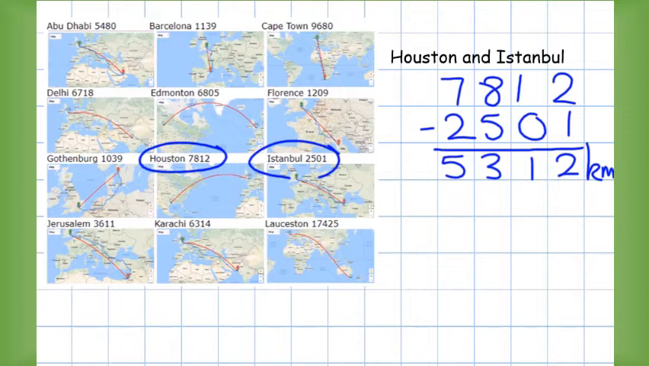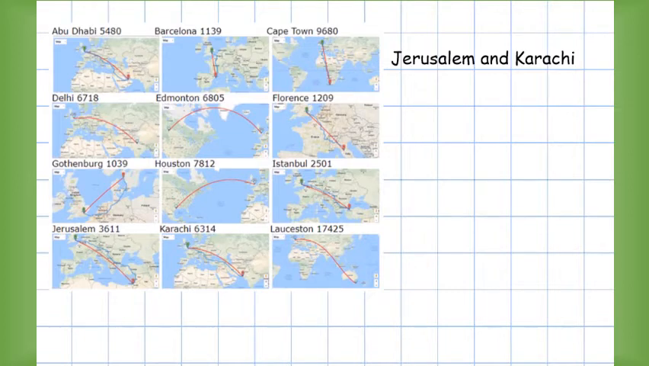How did you get on with that one? Ready to move on? Here we go then. Jerusalem and Karachi. Let me just find them on my map. Jerusalem's down here. Oh, and Karachi is right next to it as well. Right, so